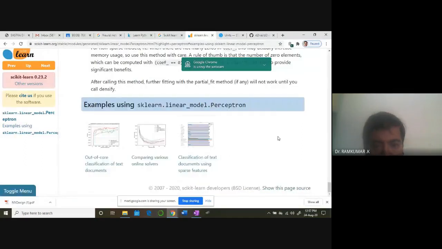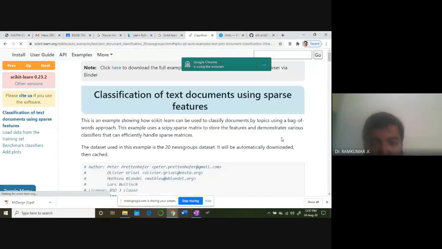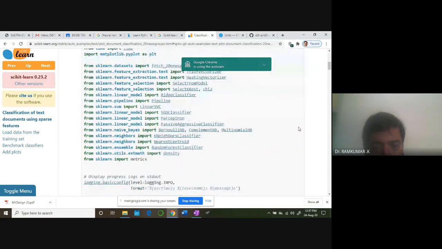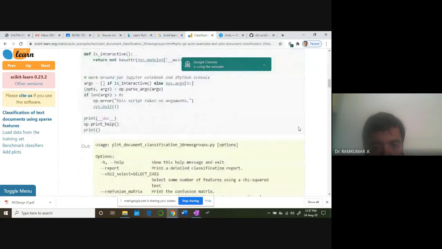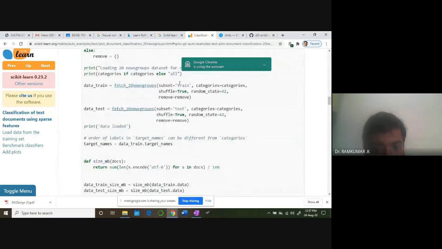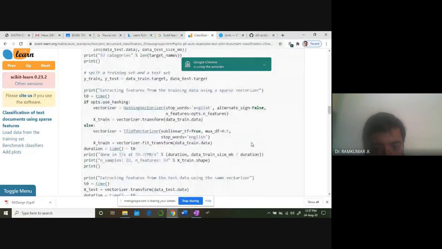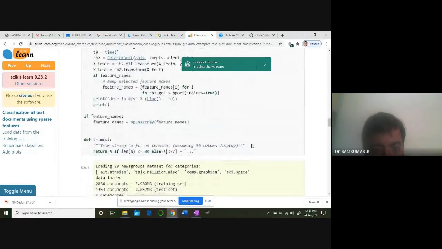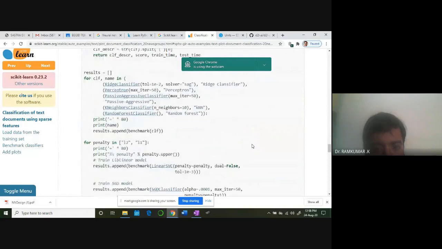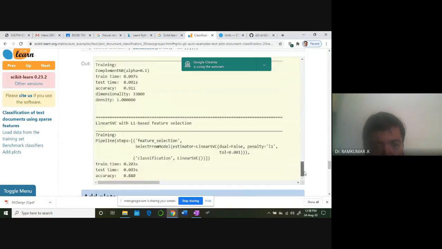Regularly work out examples using sklearn, for example. You can see here, classification. Using only a perceptron, this kind of network that we have learned today, they are classifying text documents. It's very powerful. See here, this is a kind of code. That's why I said they give a lot of weightage to data. See the data management here. The perceptron learning comes in a single line, two lines only. They use the function directly. They use some four or five different methods.